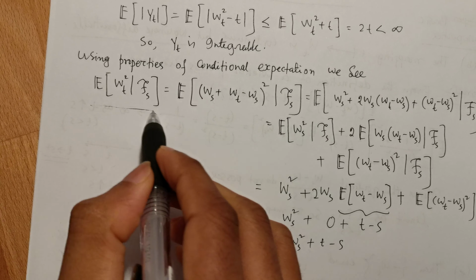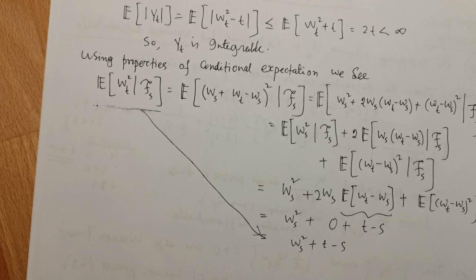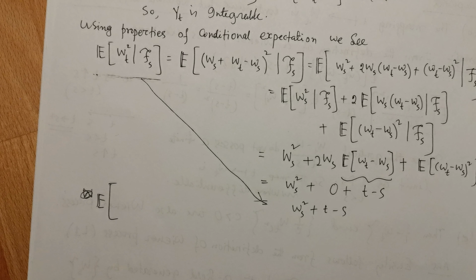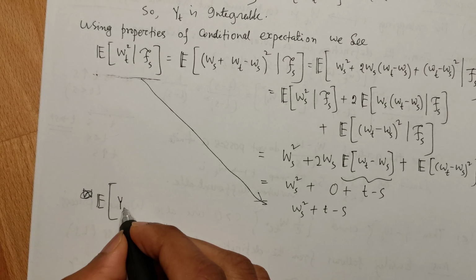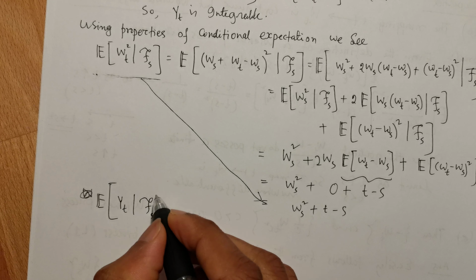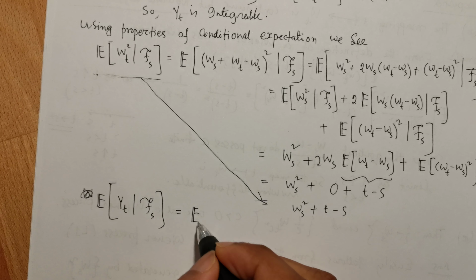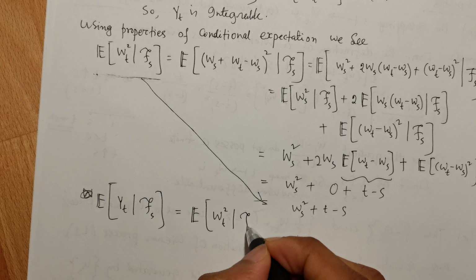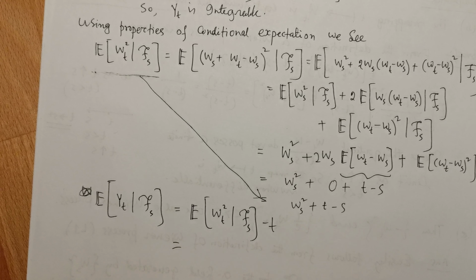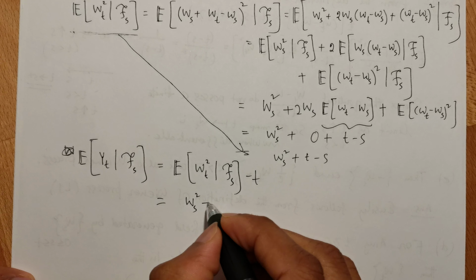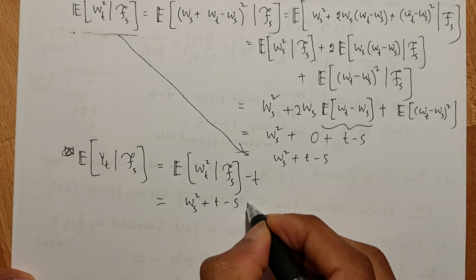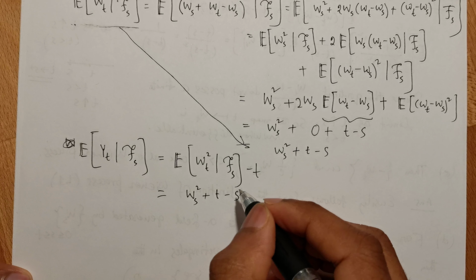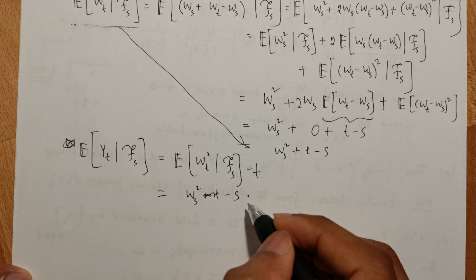So the expectation of Yt, which is W squared t minus t, given Fs, is expectation of Wt square given Fs minus t, which is equal to Ws square plus t minus s minus t, which is equal to W squared s minus s, which is